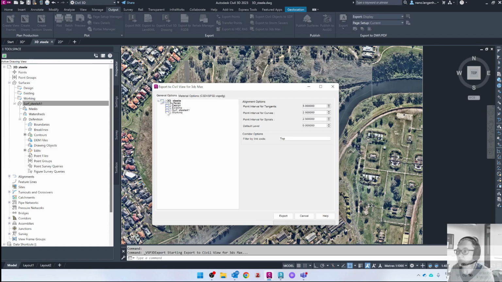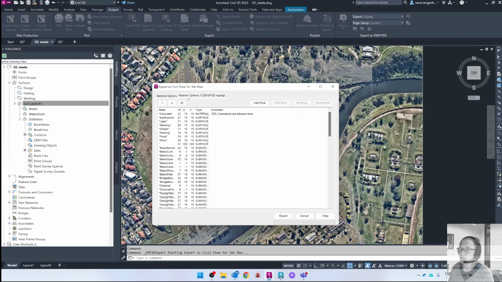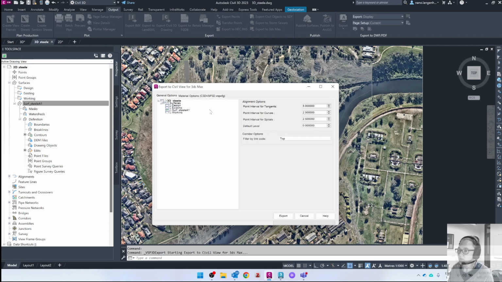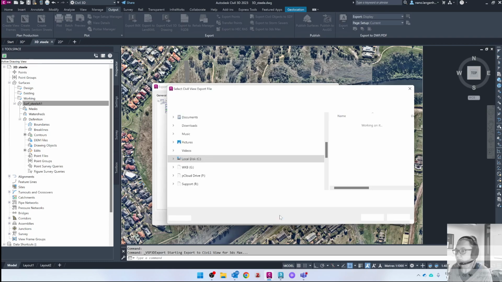So I've just unticked all of those, and I'm only going to take Surf Steel A1. I don't seem to be able to take the material that I want with it, so it's just going to come in with its default multi-sub-object material. And filtering, all of that sounds fine. So I can go export,